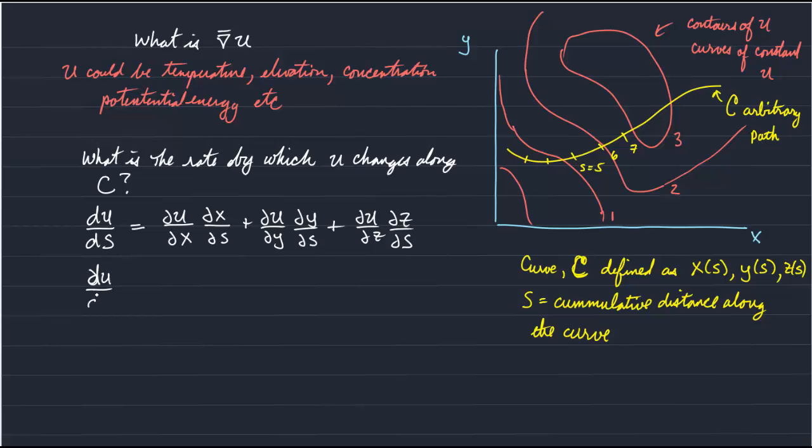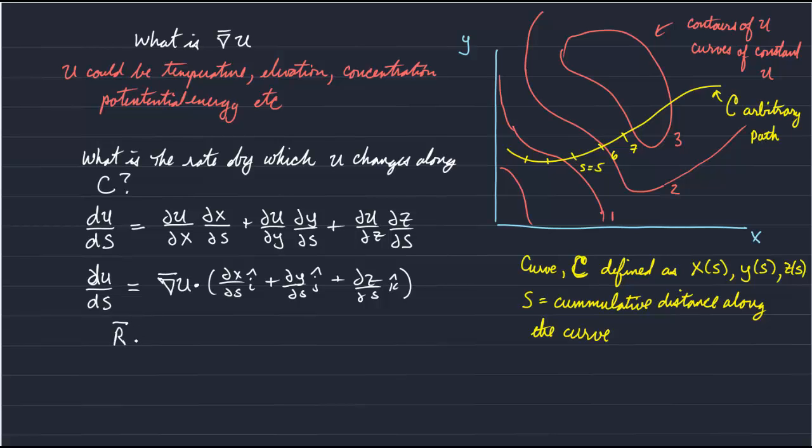The rate change in u along the curve is equal to the gradient of u, as we just defined, dotted with dx/ds in the i hat direction, dy/ds in the j hat direction, plus dz/ds in the k hat direction. So in other words, if r